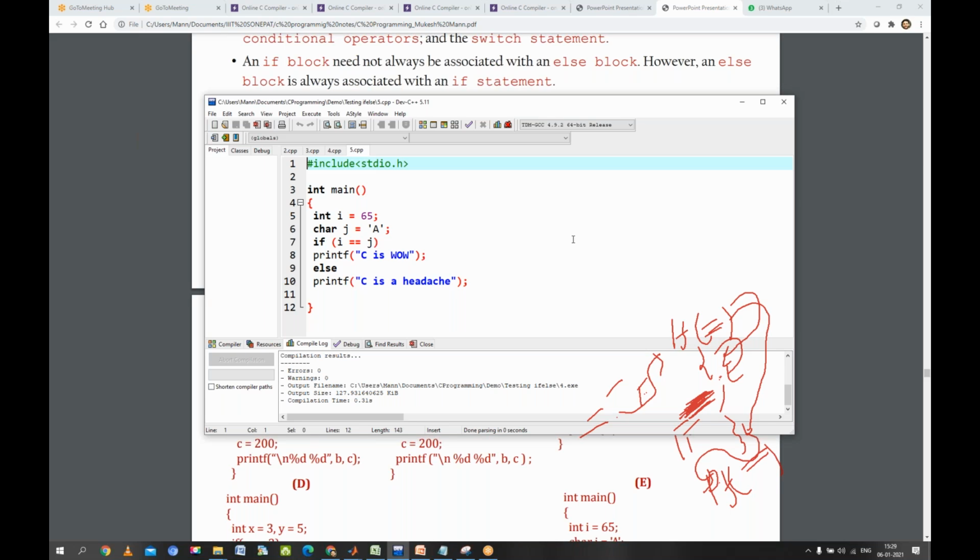Others also. Yes, Siddharth, what's your doubt, beta? Sir, now we are having some input, no sir, like I is equals to 3, if or else, those conditions are there. Can we get a confirmation in the answer? Like if I is equals to 3 and we enter 3, then do we get an answer like yes or no? Yes, we can print it. We can always print it, beta.